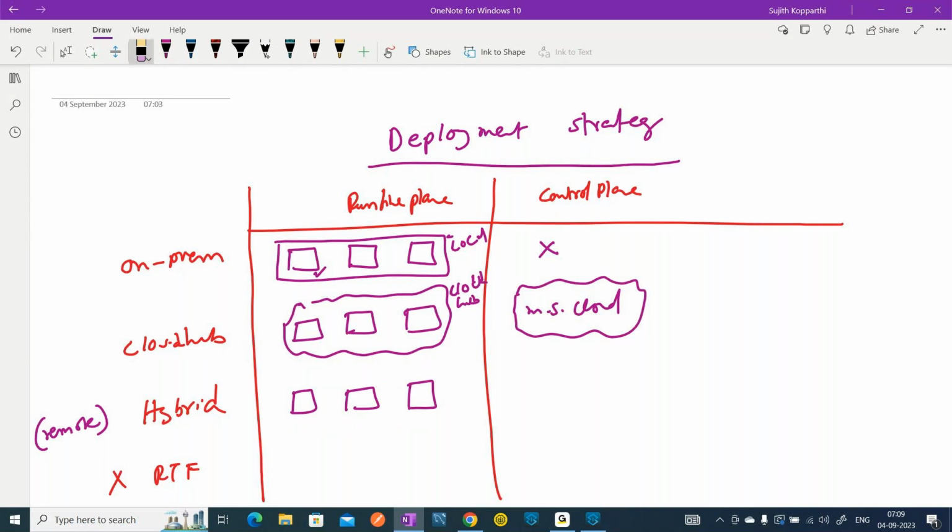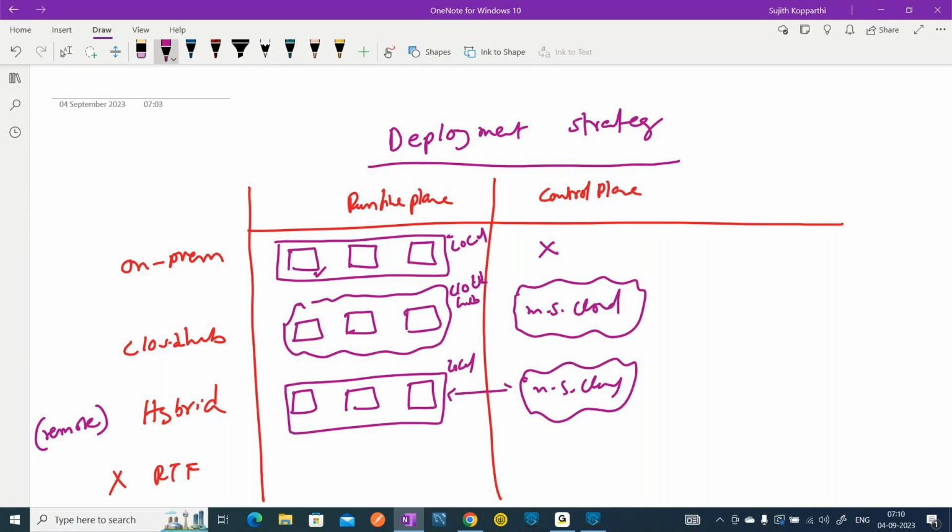Hybrid is a combination of on-premises and a cloud. So in a hybrid deployment strategy, the servers will be running on a local machine and can be managed from the MuleSoft cloud. That means we need to establish a connection between these two entities. And Runtime Fabric, where the servers are running in the Runtime Fabric